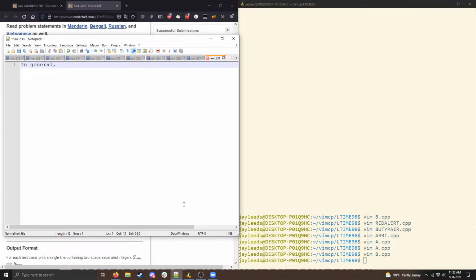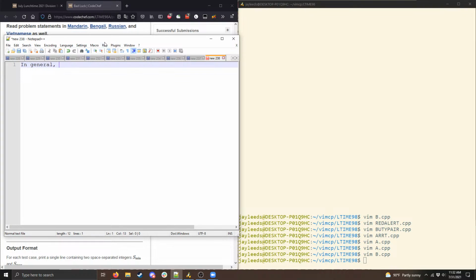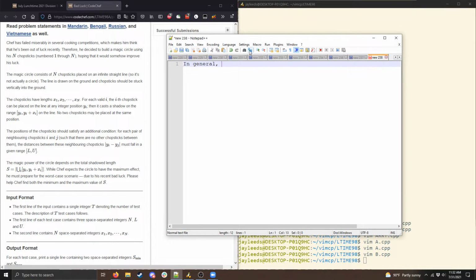Maxim says, "Hey Maxim, congrats on solving matrix permutations." Yeah, Maxim says something like iterating over the subsegment ending at index I as well as total number of segments. Oh yeah, that would make sense. Like if you don't have the observation that you can actually reduce it to only 50 states, that would be, yeah. Okay, I bet you're right. I bet that's what it was.